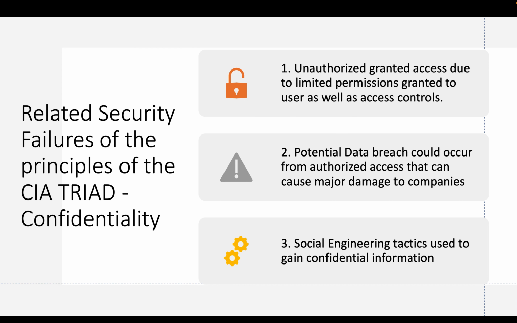All right. Even though the CIA triad is the standard for security, there are, however, security failures of the principles of the security triad. So we'll first break it down with confidentiality. Number one, unauthorized access due to limited permissions as well as access controls. So one of the biggest things here is that even though confidentiality is big, you want to make sure that access isn't granted to unauthorized users, because if they do that, that can result in the second step, which is